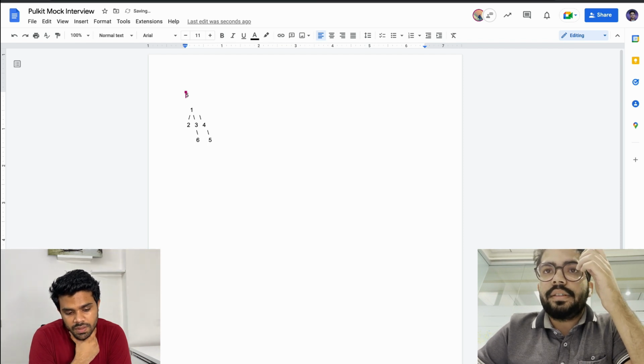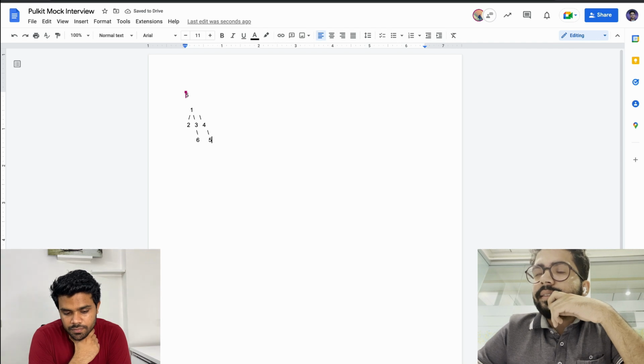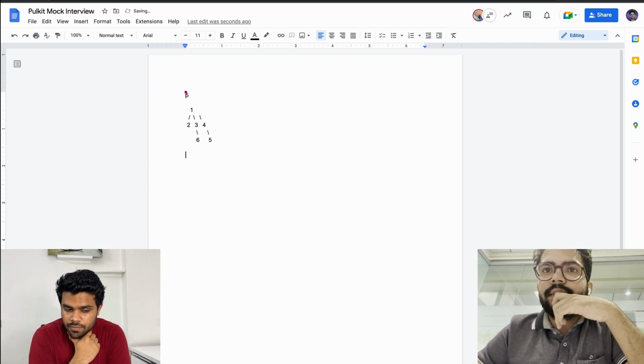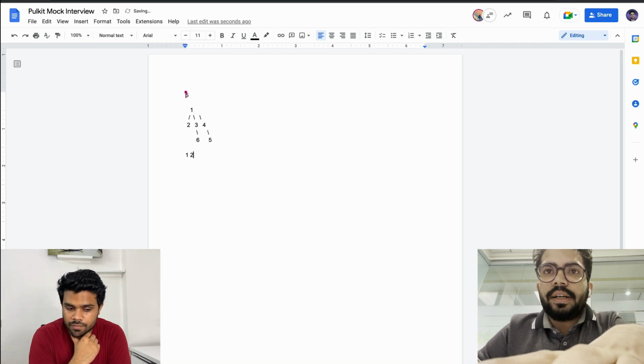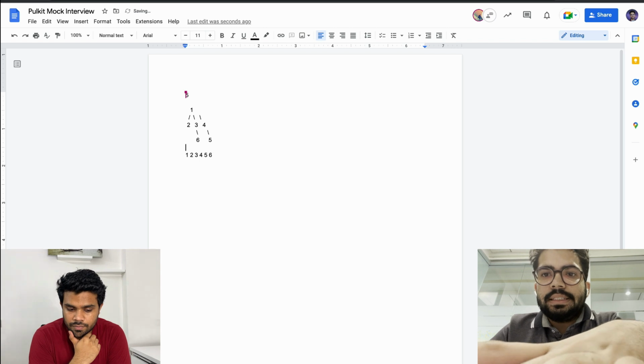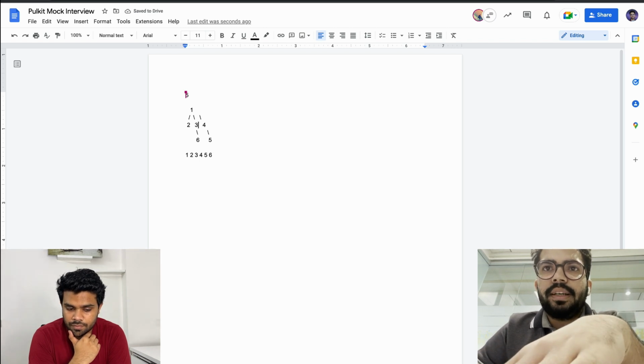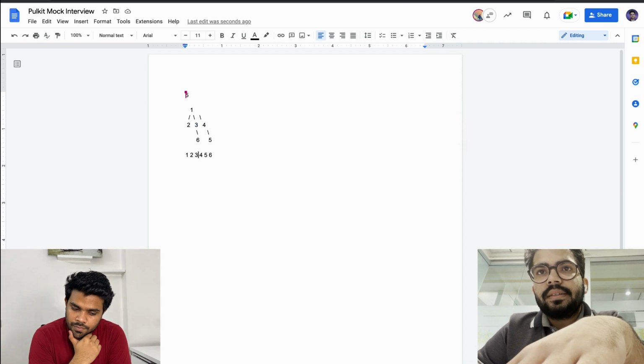In BFS in a tree, that is a necessary condition, but that's not a sufficient condition. I was just thinking about that because one, two, three, four, five, six is probably not valid, because once we reach three before four, then six should have come before five. Absolutely.